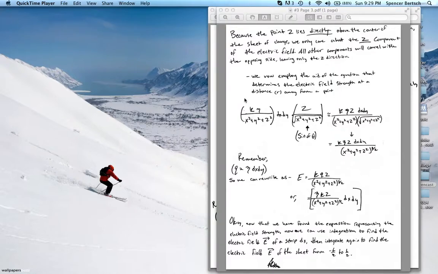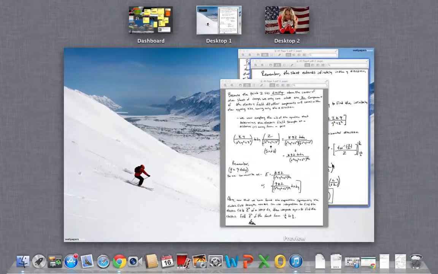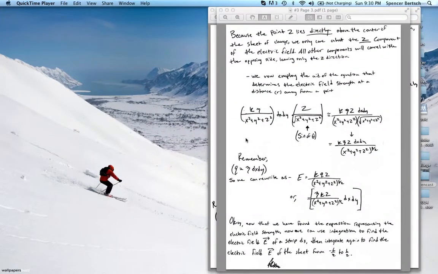So now we can use the equation that we know for finding the electric field from a point charge, which is kq over r squared. So this is basically, sorry, it's just a lot of writing. And kq over r squared is this charge density, or eta, and because r squared is x squared plus y squared plus z squared, those cancel, and you just get k eta over x squared plus y squared plus z squared dx dy multiplied by